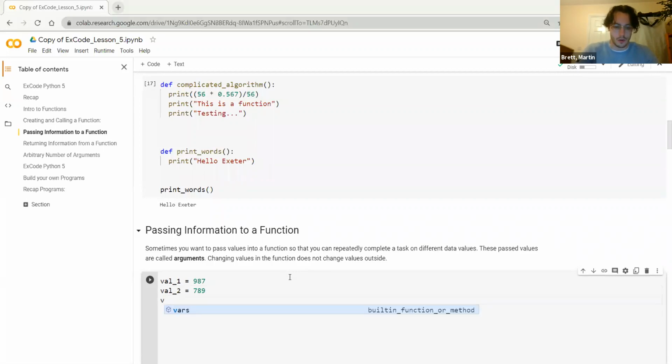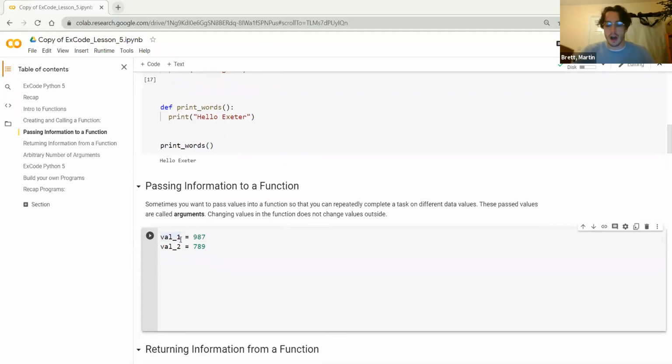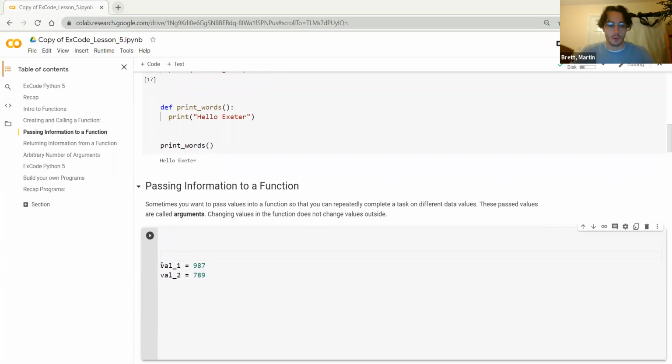Imagine that 100 times in a program, I come across 2 values that I need to find the average of. I don't want to write the code to find the average 100 times. I'd rather just send those 2 values, 100 pairs of values, to a function,